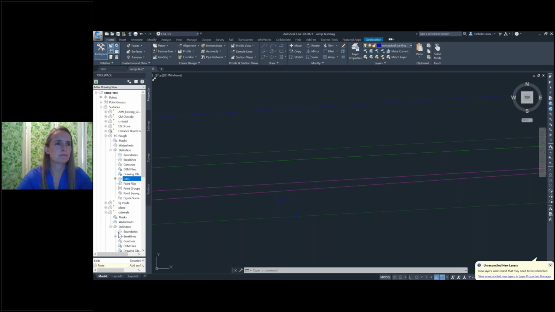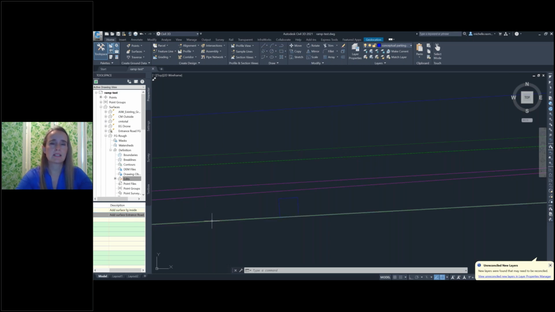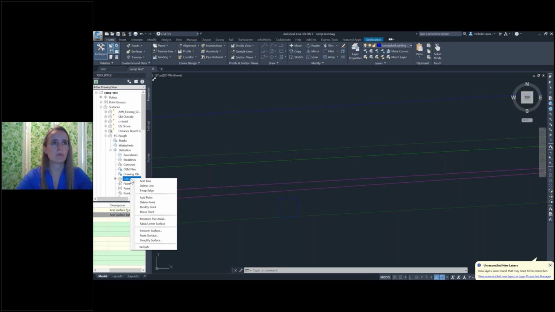You can see, let me drag this up a little bit more. I've pasted 2 surfaces in. I've got my FG inside and my FG entrance road. What else I need to do is add that sidewalk surface to it. So for those of you that haven't done this before, combining surfaces, I'm simply going to right click on my edits, paste a surface,